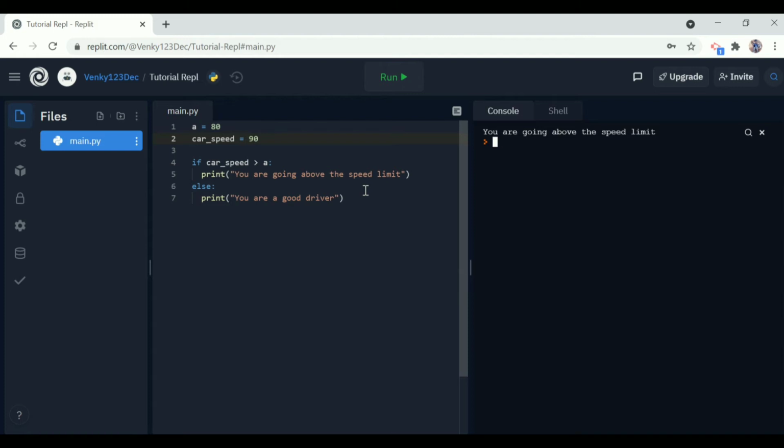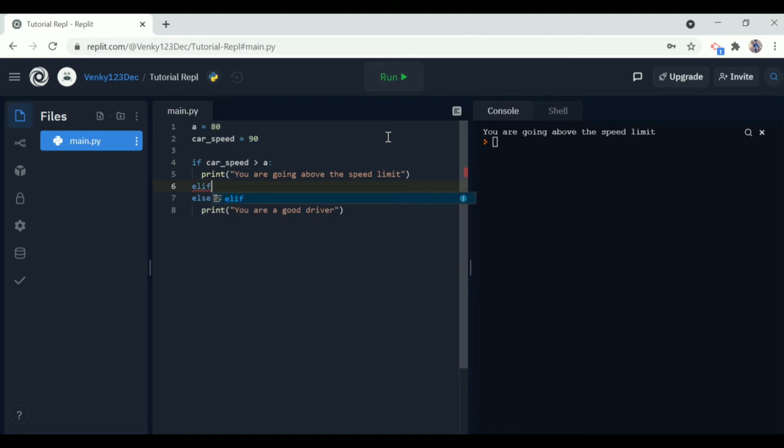And now let's learn about the next part of the conditional statements, which is elif. Elif means another condition in the same thing, which means if this condition is false and another condition is true, we are giving two conditions.